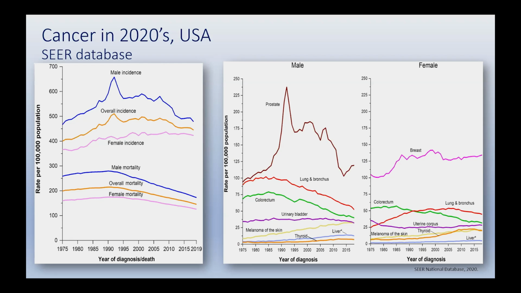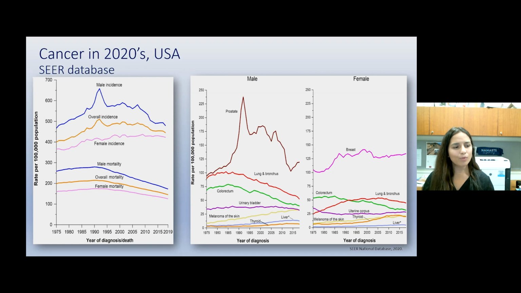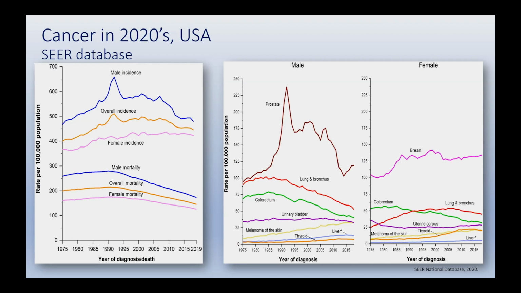I'd like to draw your attention to 2 things. You can see a blip in the rate of prostate cancer in the early 1990s, a really sharp line up here. This likely reflects the initiation of a robust prostate cancer screening program rather than a true increase in the rates of prostate cancer. The second thing I'd like to point out is that the red line reflects the rates of lung cancer. The rate of lung cancer in red, which is clearly decreasing, likely reflects a decrease in tobacco use